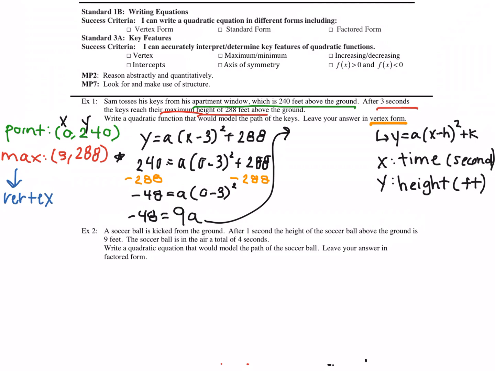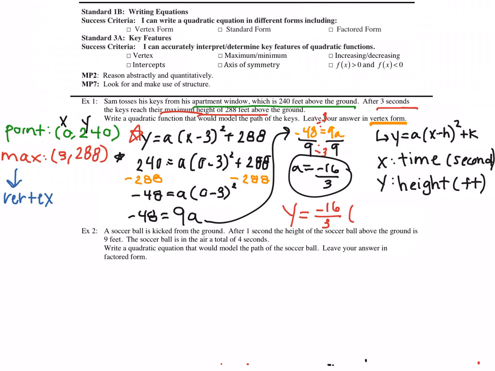Now from here, we'll have negative 48 equals 9a, and we divide both sides by 9. Unfortunately, that doesn't divide easily, so we have to ask ourselves, what can I divide top and bottom by? And that would be 3. So I get negative 16 over 3. I'm not done here because I need to input my a value into my equation. So our final answer will be y equals negative 16 over 3, x minus 3